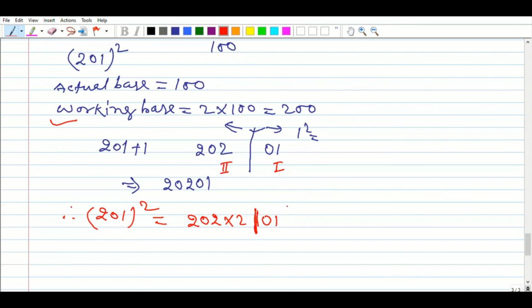First part we keep as it is, part 2 is 4, so it becomes 404 by multiplying by 2, because we multiplied the working base by 2, and here is 01. So our answer would be 40401. Such type you can do. You get the square of the 200, that is 3 digit, by the base of the